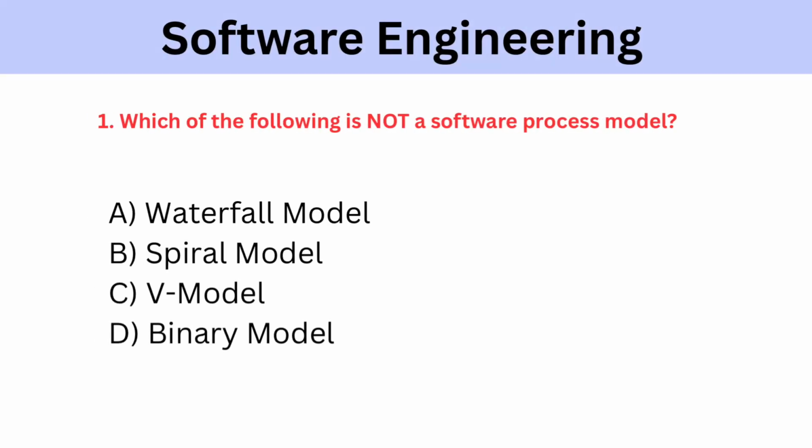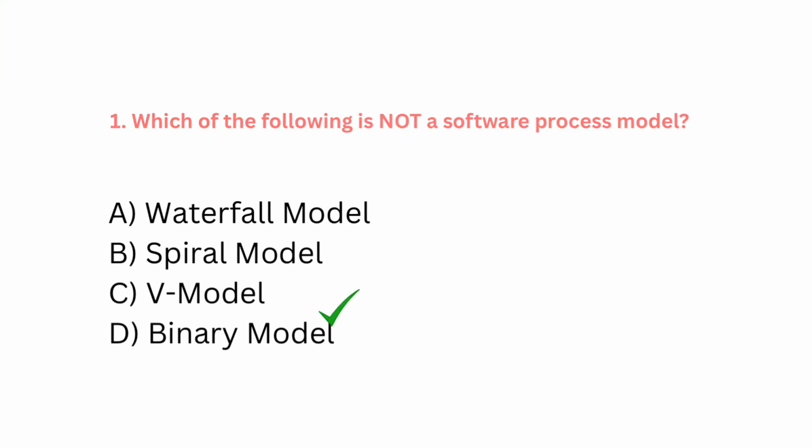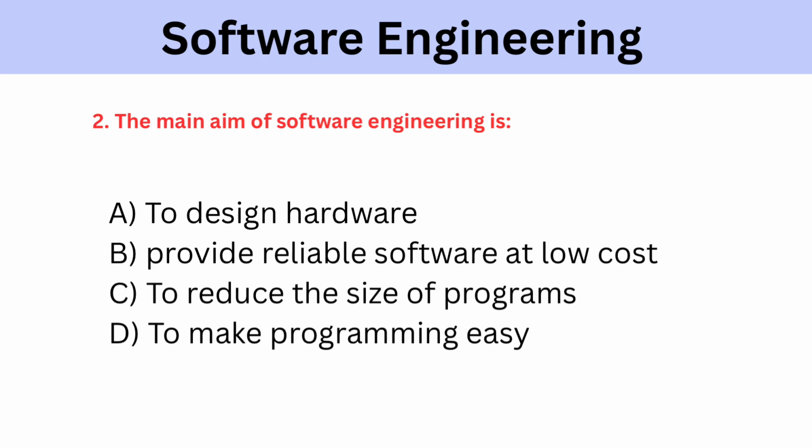Which of the following is not a software process model? A. Waterfall model. B. Spiral model. C. V model. D. Binary model. The correct answer is option D. Binary model. The main aim of software engineering is